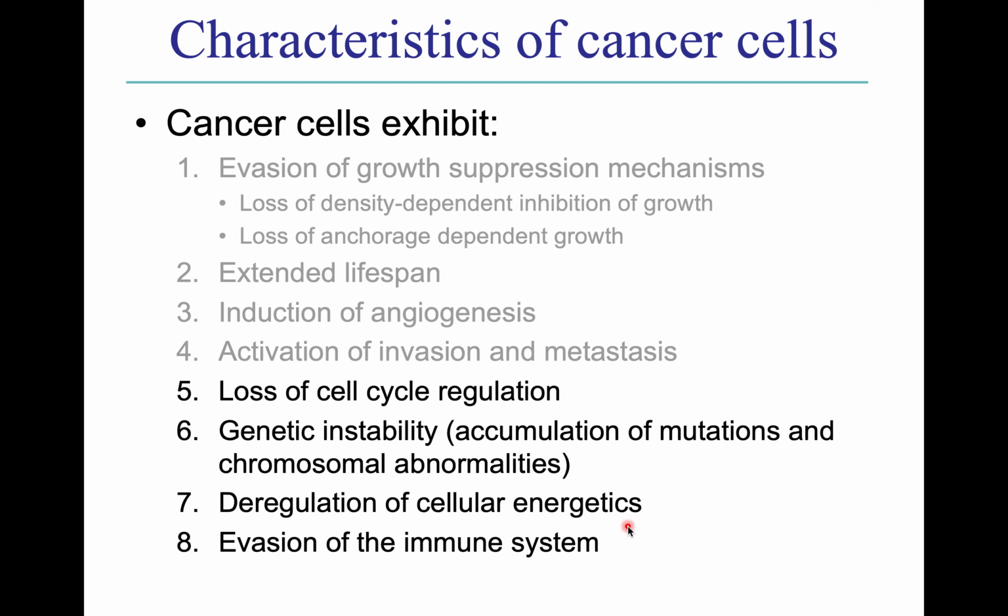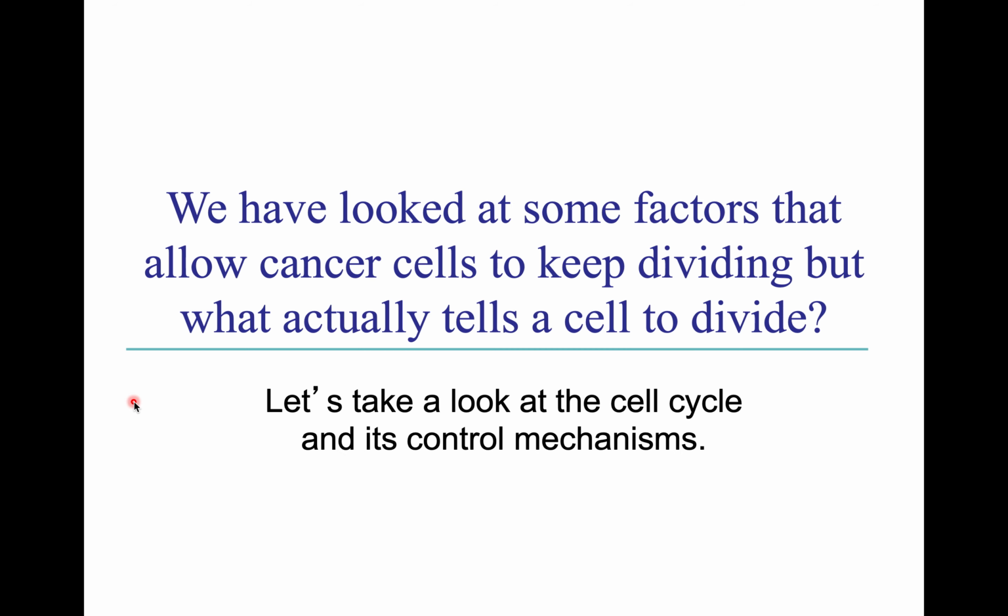All right, we are finishing up chapter 2 here. We're going to continue through our list of characteristics of cancer cells. And I wanted to start the second half here talking about loss of cell cycle regulation, which you find in pretty much all cancers. So we've already talked about some of the things that will allow cancer cells to keep dividing, but here we're really focused on, what is it that tells a normal cell to divide in a typical